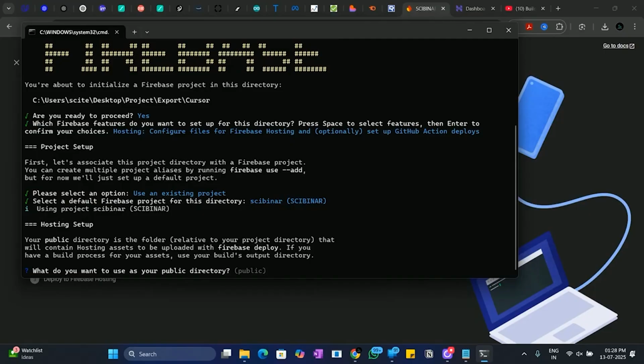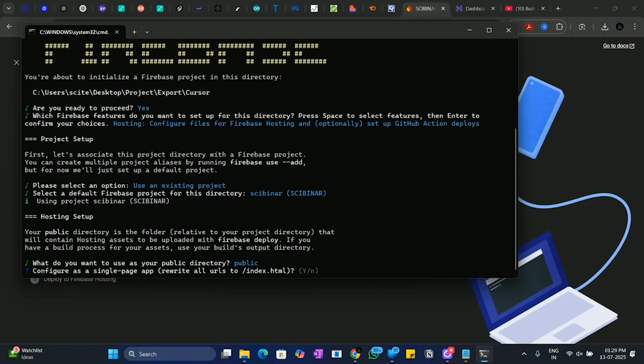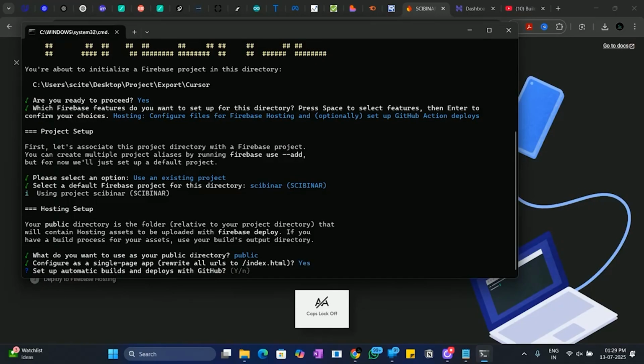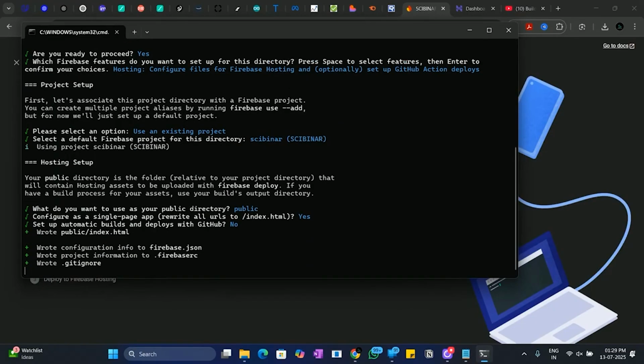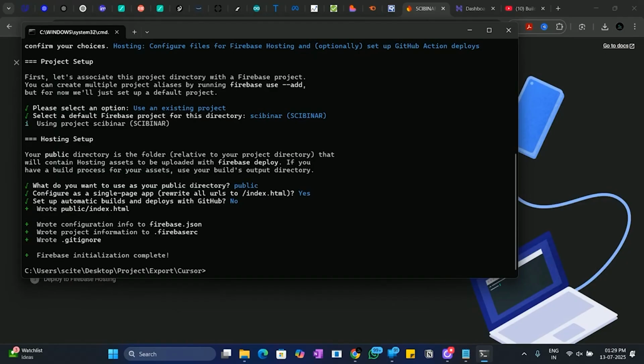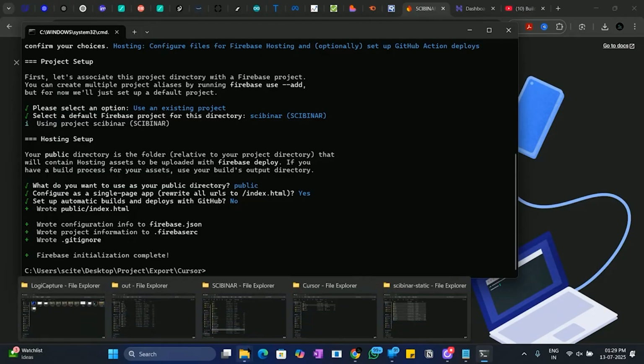ओके, इसके बाद क्या आप एक पब्लिक डायरेक्टरी बनाना चाहते हैं? तो यहाँ पे आप इसको डिफॉल्ट छोड़ सकते हैं, बाय डिफॉल्ट पब्लिक नाम से बना देगा। एंड क्या सारी पेजेस को सिंगल पेज पे राइट करना चाहते हैं? तो आपको वाई प्रेस करना है। तो यहाँ पे मैं वाई प्रेस करके एंटर करता हूँ। ओके, ऑटोमेटिक बिल्ड विद गिटहब? नो। ओके, तो यहाँ पे हमारा ये वाला पार्ट पूरा कंप्लीट हो चुका है।